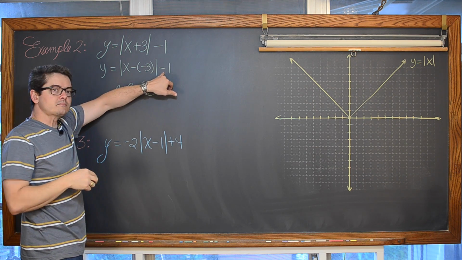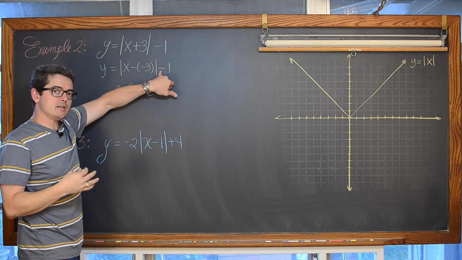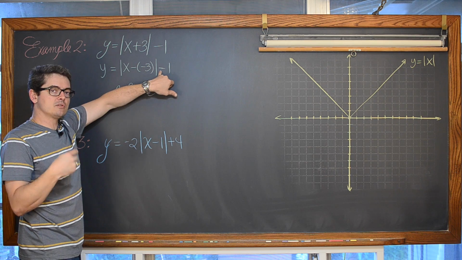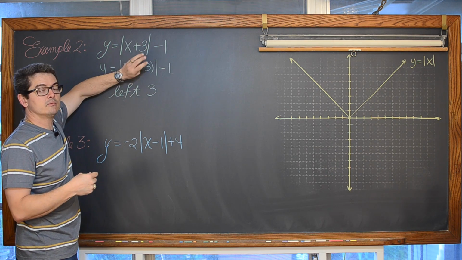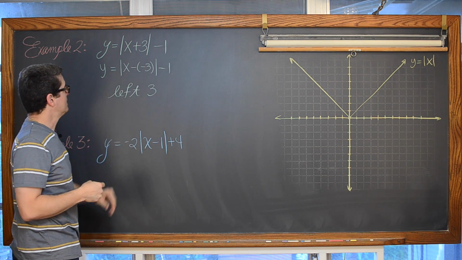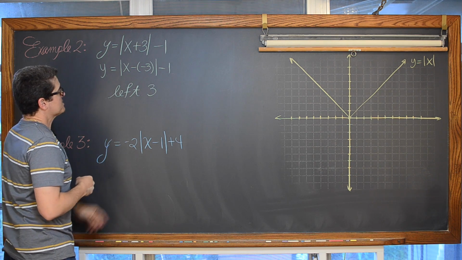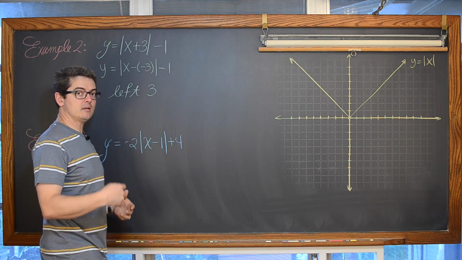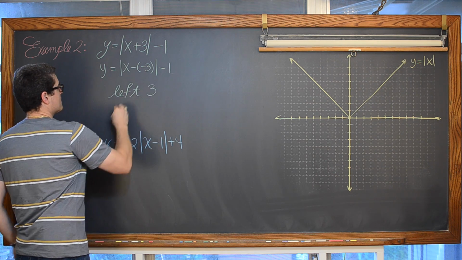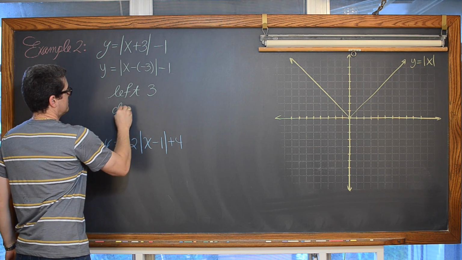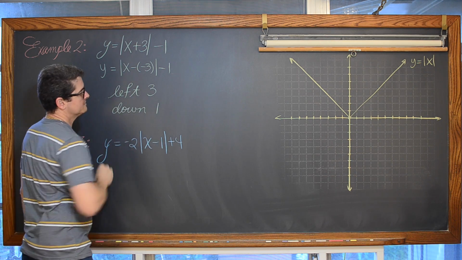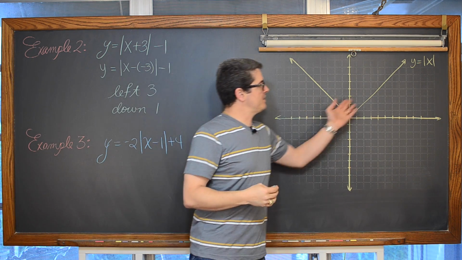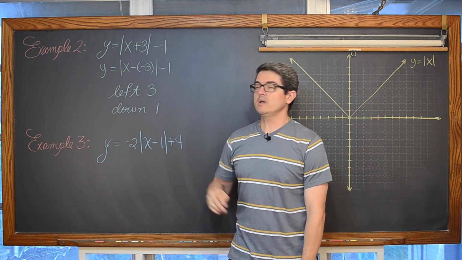And this plus or minus that's not in the math function, square root, absolute value, log function, parabolas, whatever, powers of 2, that is going to be a shift up or down. Well, that's minus, and that moves in the direction you would think. Plus is up, minus is down, so we're going to go left 3 and down 1. Okay, so every point on this parent function moves left 3, down 1.